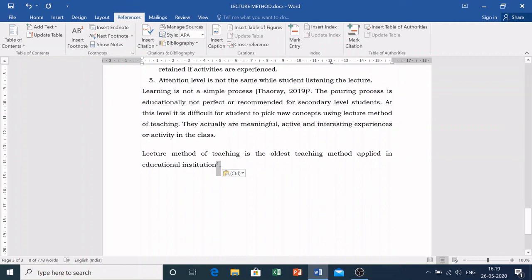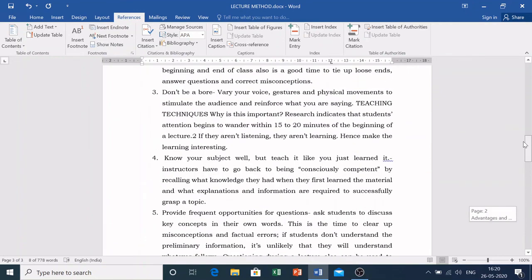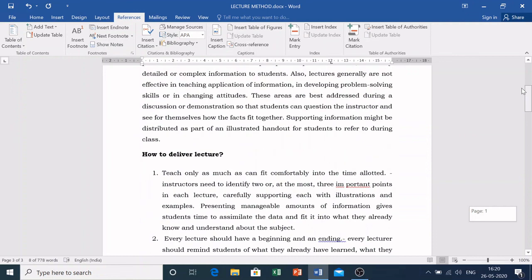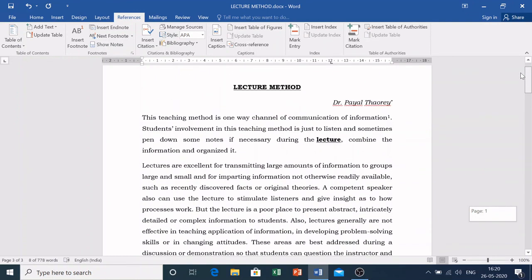So it will be like auto correcting, so whenever you shift the data, the footnotes will automatically get shuffled. So you don't need to do it manually, so that there will not be any change in the setting of your document.